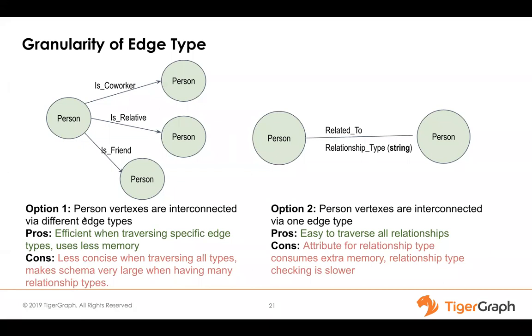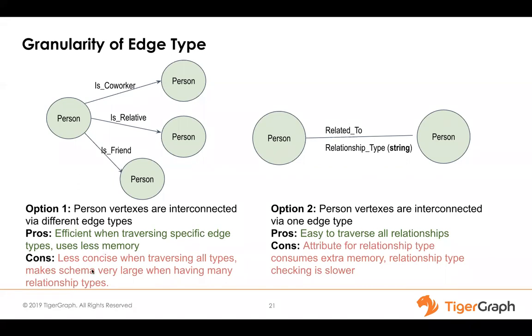The advantage of option one is it is very efficient when you traverse a specific type. If you want to get all the coworkers of a person, then it's very, very fast because you only use this subset of edges, right? But if you do it with the schema on the right-hand side, you need to scan over all the edges in order to find who is his